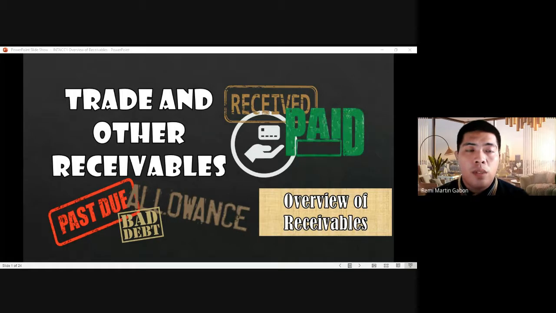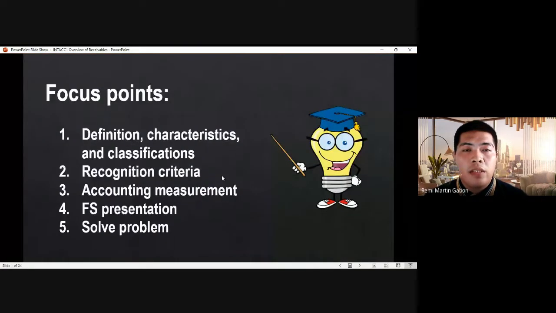Okay, so we start with Unit 2, Trade and Other Receivables. Specifically, we start with an overview of receivables. For this discussion, our objectives are to discuss the definition, characteristics, and classifications of receivables, the recognition criteria, accounting measurement, FS presentation, and to solve a sample problem. To start with our discussion for definition, characteristics, and classifications,